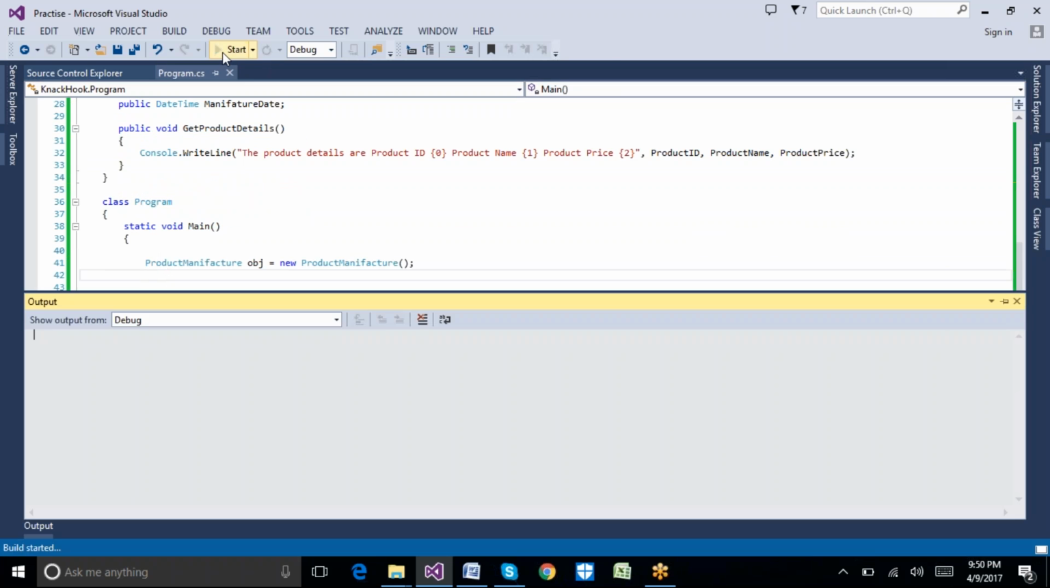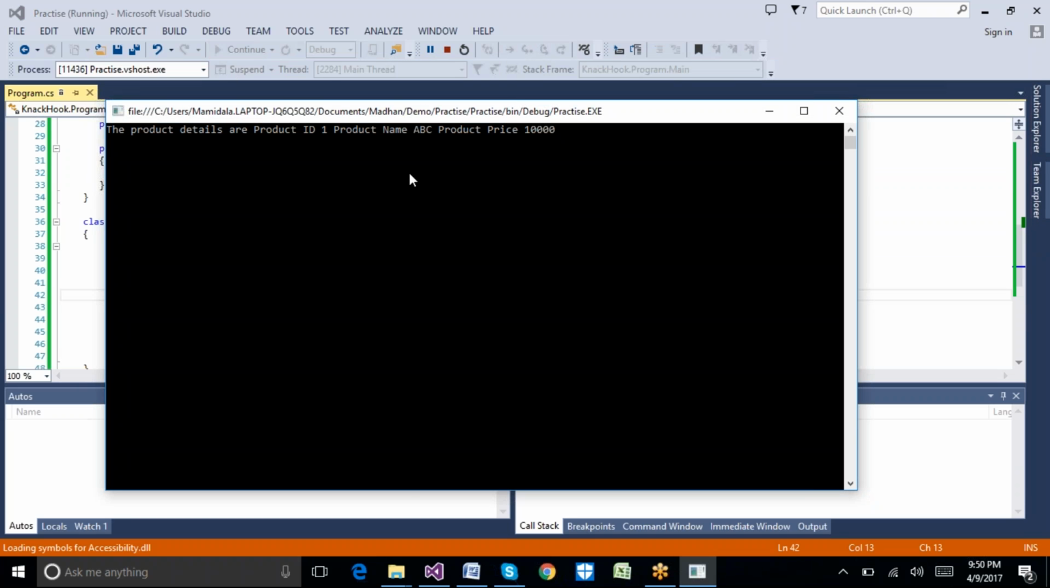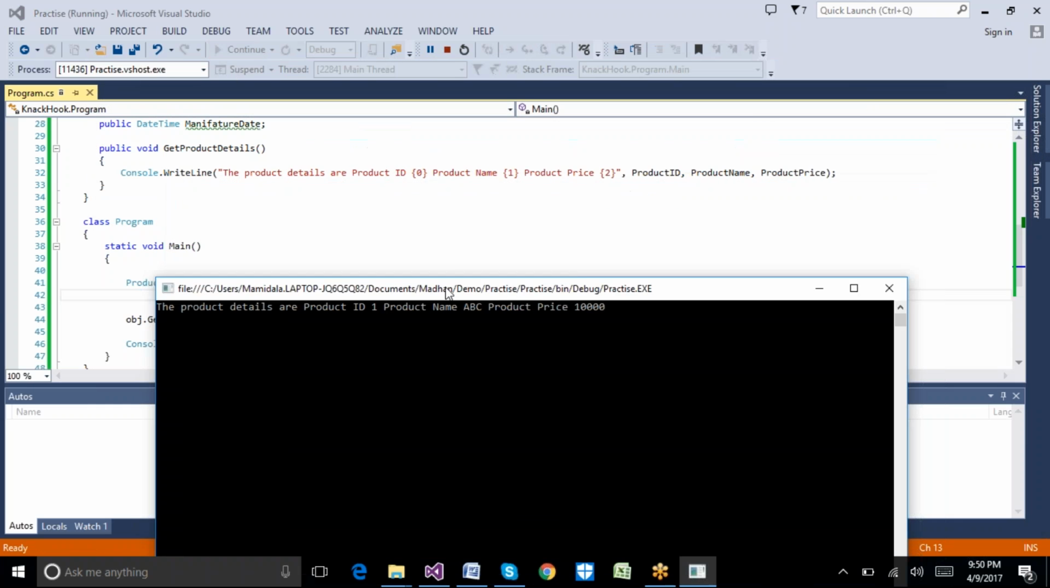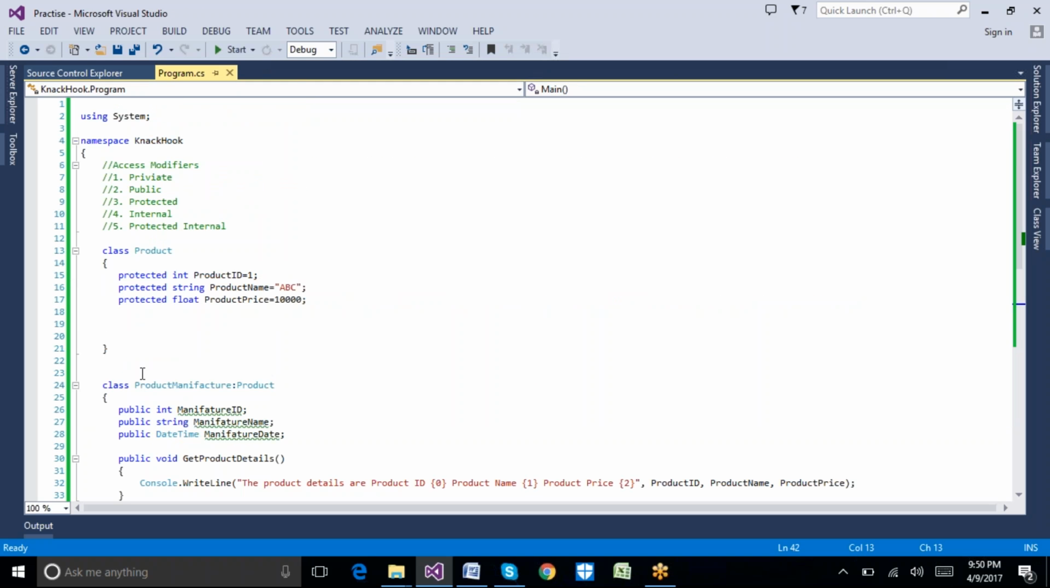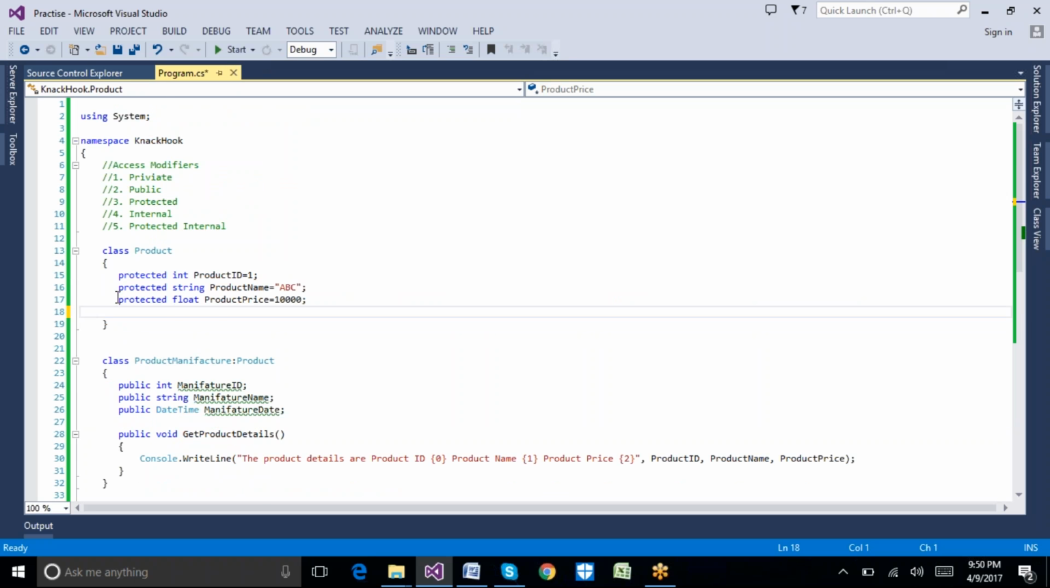Let's try to execute. So we are able to access our variables. Let me show you the variables. Here what we did is